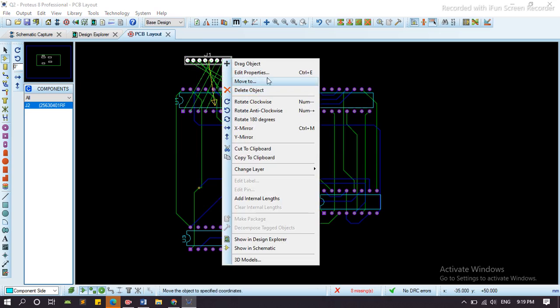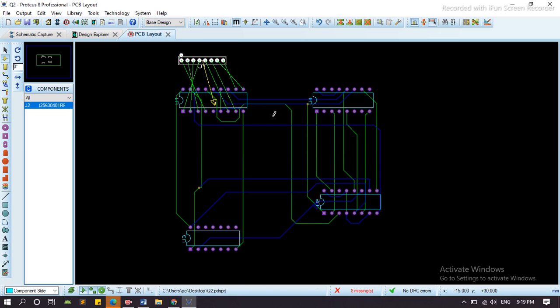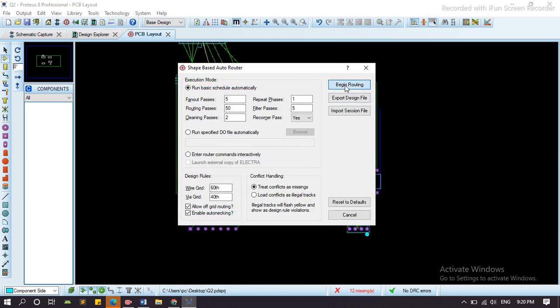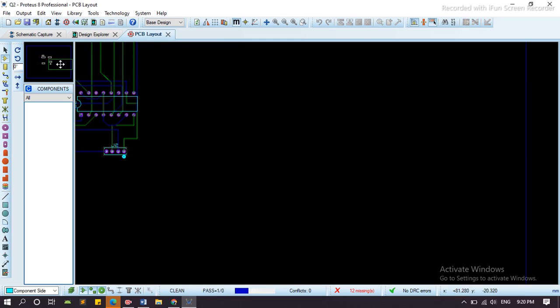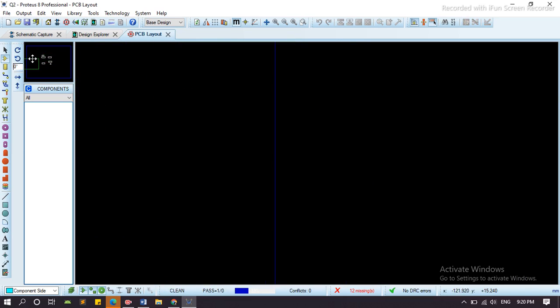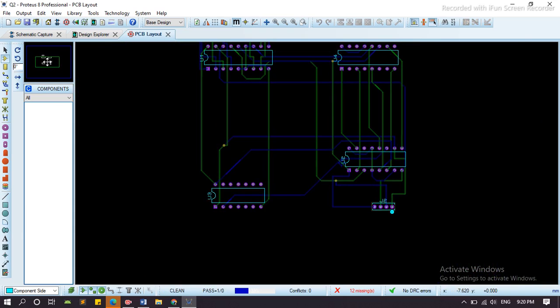Here we rotate it 180 degrees, and selecting J2 to here. Now we auto route this and place this.